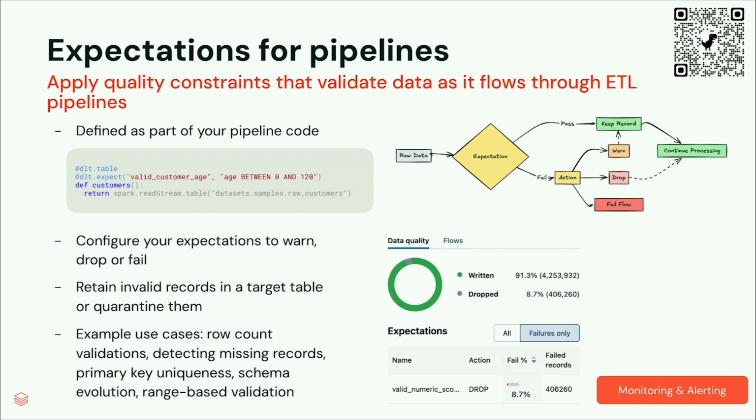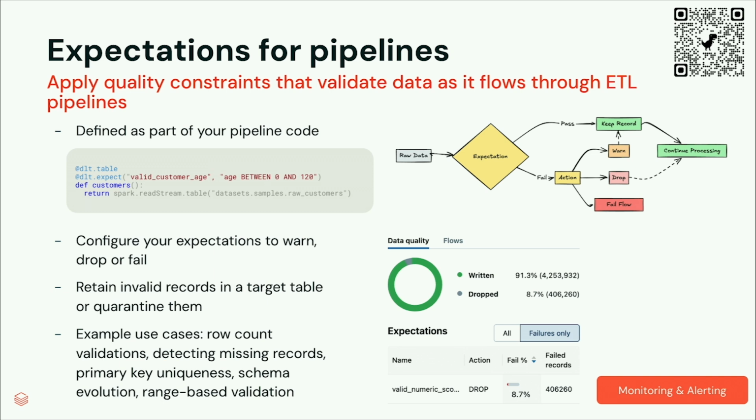So for pipelines, and again, just to reiterate, this is for declarative pipelines, we have expectations. Expectations are defined as part of the code. And as your pipeline is executing, before the data is written to the table, you can define rules to say what you want to happen in case they're not met. So let's focus on the graph on this slide. You see I have the raw data, I have my expectations, and then if they fail, there's an action